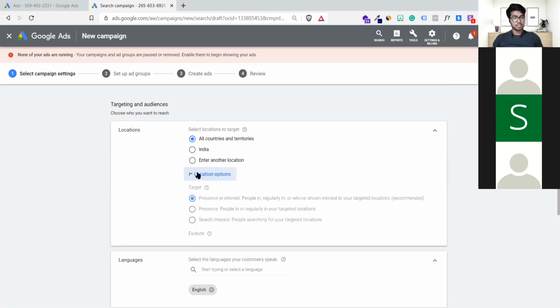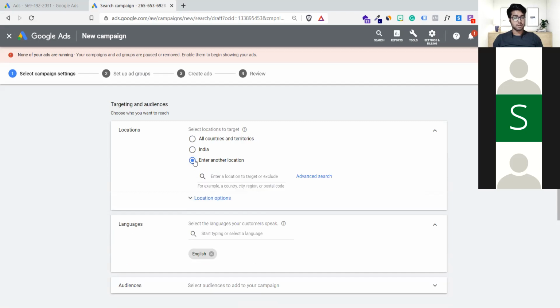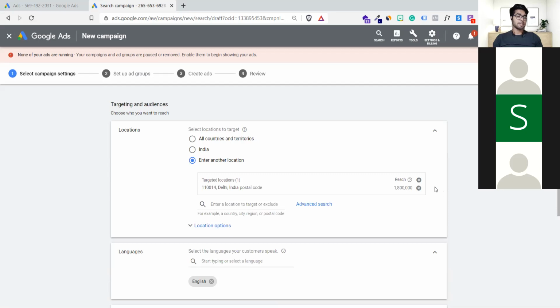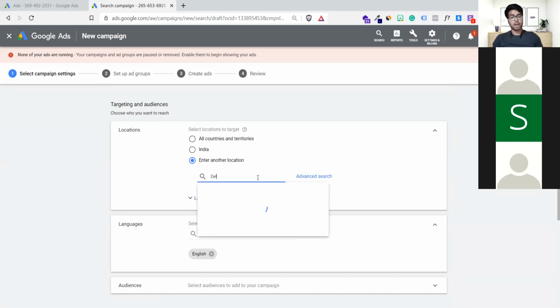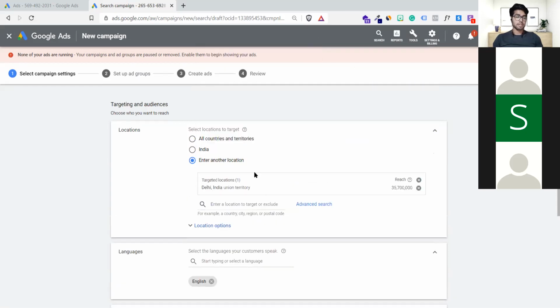You have to select enter location options, or you have this enter location. You can click here. If you have a postal code, you can write it and it will take it directly right here. If you don't have a postal code, you can give the location, like I just want to show advertisement in Delhi particularly. Okay, Delhi, and so on.